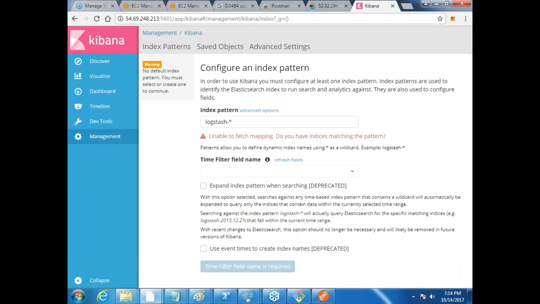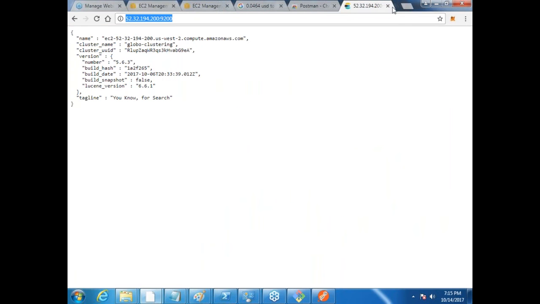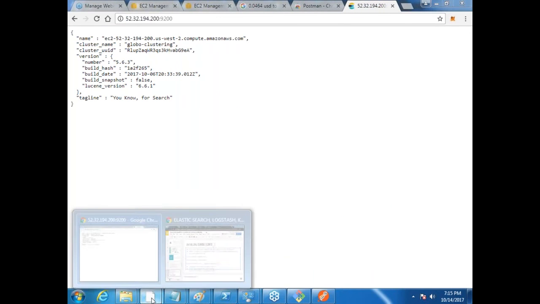So till here, is it good? Yes, we have installed Elasticsearch, we have configured it, it is working. We have tested Logstash, it is working. We have installed Kibana and tested, it is working wonderfully. So far so good. And now let us get back to our problem statement of the documentation,